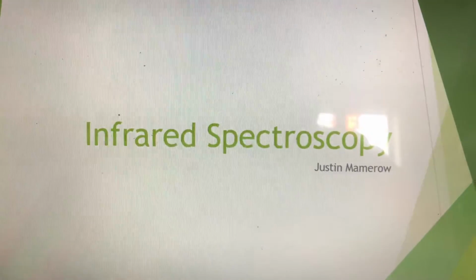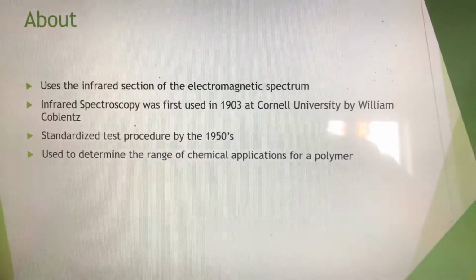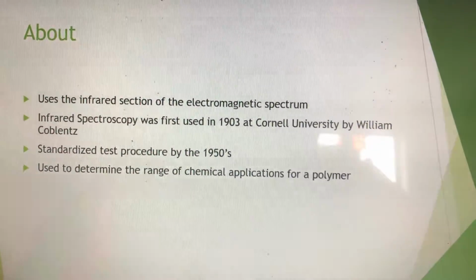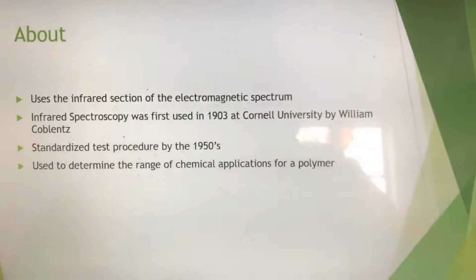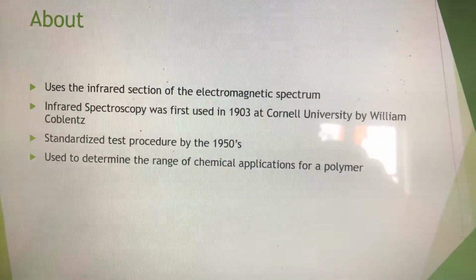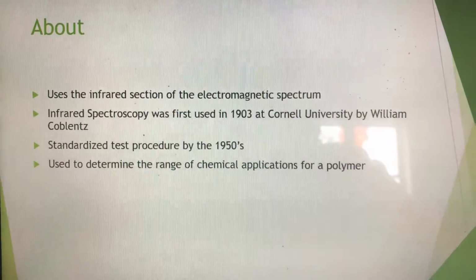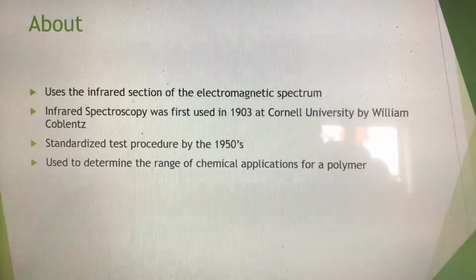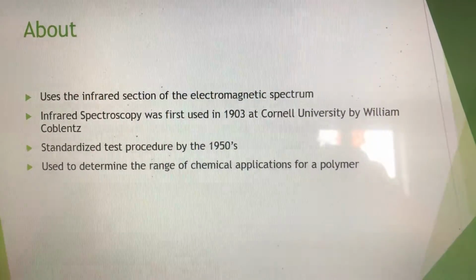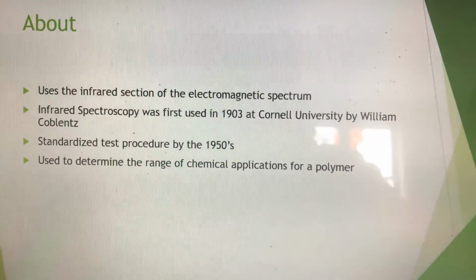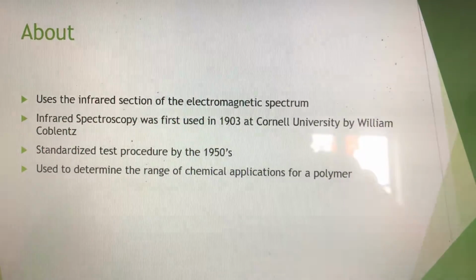Alright, so my topic is infrared spectroscopy. It was first introduced in 1903 at Cornell by William Coblenz, and it uses the infrared section of the electromagnetic spectrum. By the 1950s, it had become a standardized procedure. It's used to determine chemical applications of polymers and what they're best going to be